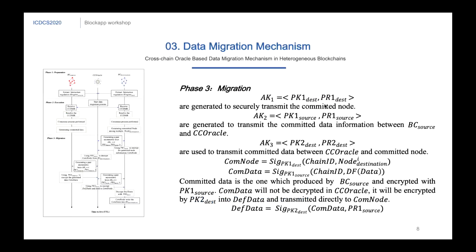And then we go to the end, the data migration mechanism, migration phase. As we know, the committed data and committed node are determined in the execution phase. We will address the data migration problem in this phase. Asymmetric encryption is used repeatedly to ensure data integrity and confidentiality. In this phase, 3 asymmetric keys are generated to